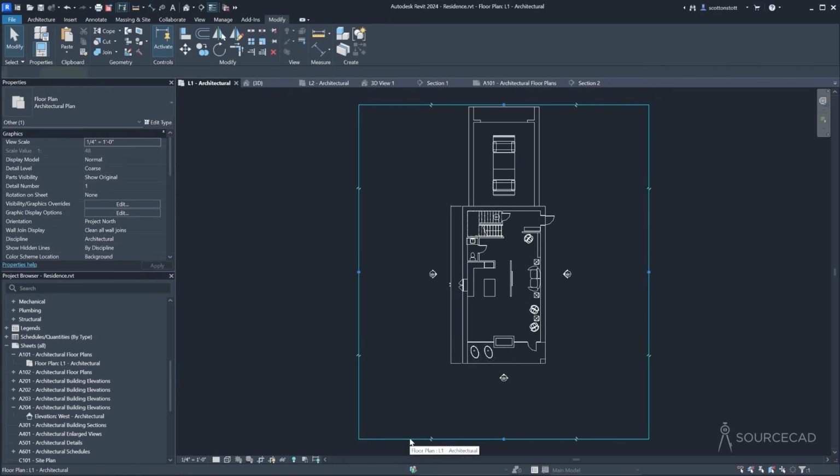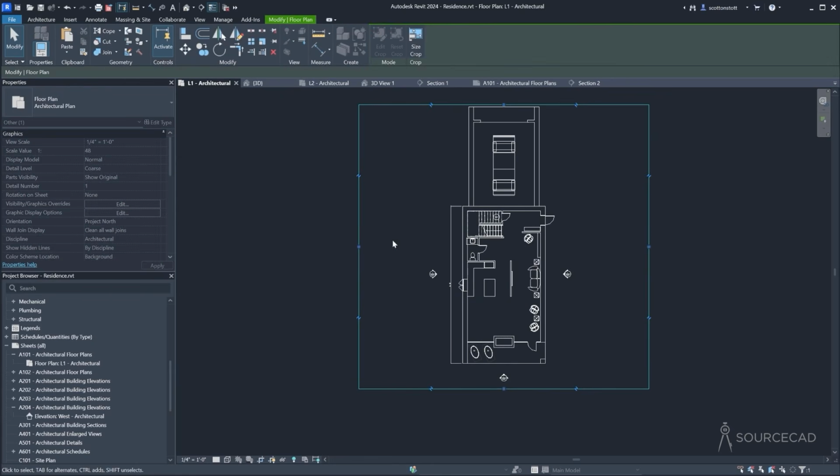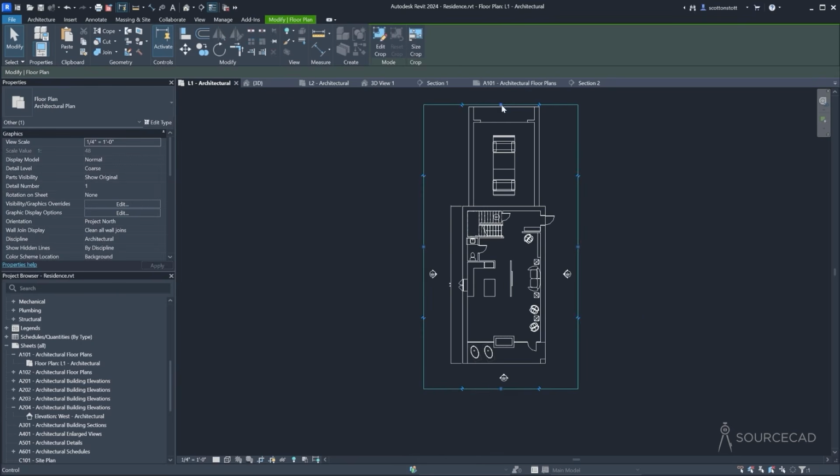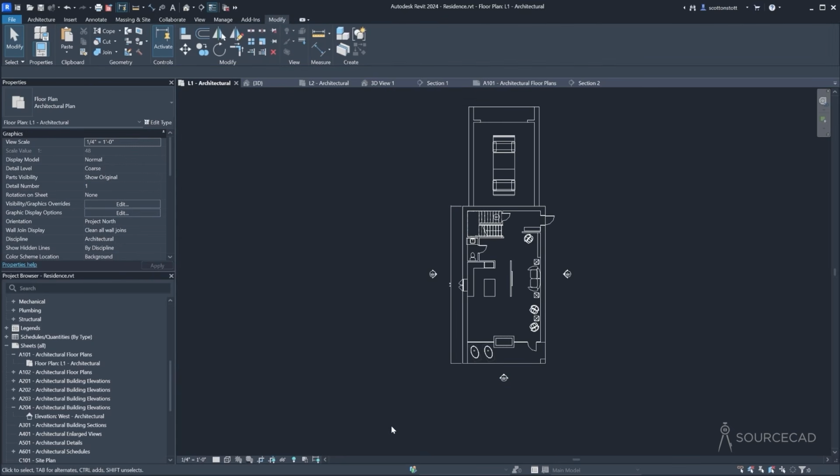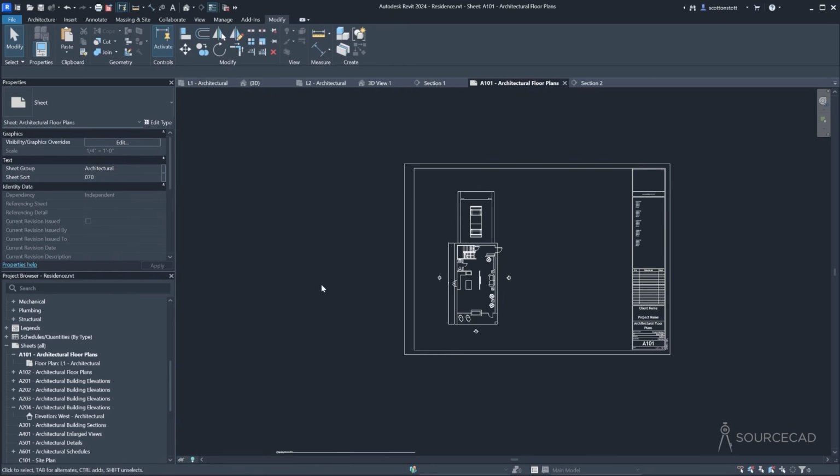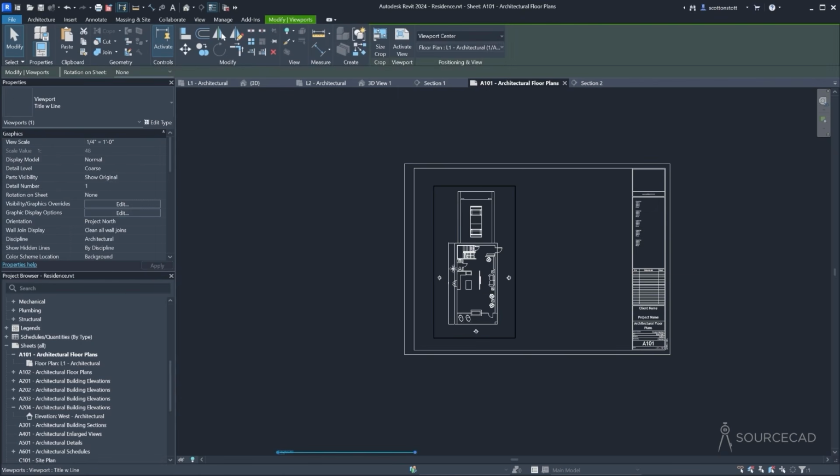All right, now the crop region should be brought in tighter to the stuff that you are depicting. And this leaves room for dimensions and notes and so on. And then ultimately, I'm going to turn that off. But now when I go back to the sheet, you can see that the black box is smaller because I've changed the crop region. So the viewport is one thing,